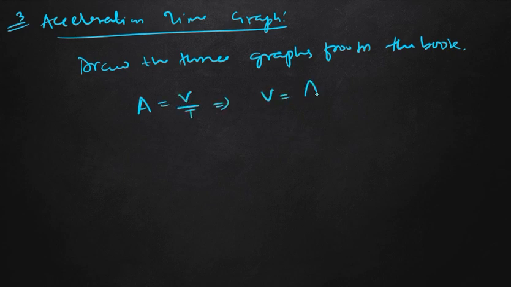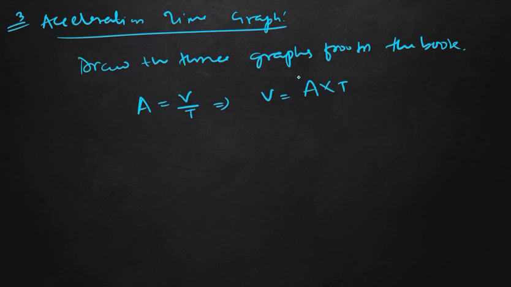So what will be the velocity? It will be acceleration into time. Similarly, if it is a straight line but not parallel to the x-axis, then from the graph we can easily say that the body is moving with variable velocity and variable acceleration, and if we find the area, that will give us the velocity. Clear? Up to this we have our unit 2, so we can discuss exercise number 2.